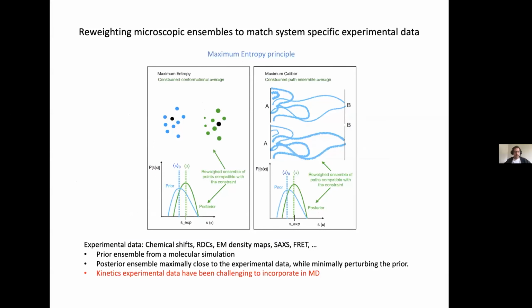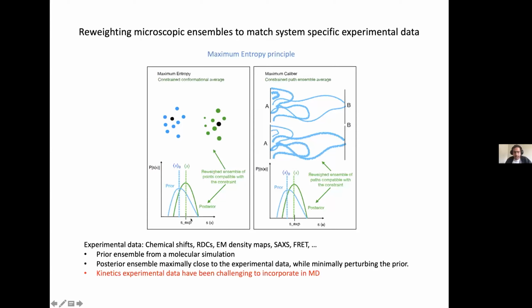And now I'm really cutting to the chase of the study. A very well-known way to do this type of reweighting of your molecular dynamics ensemble is the maximum entropy principle. So we can always reweight microscopic ensembles to match specific system-specific experimental data. For instance, consider that you have a prior distribution, and this is as a function of